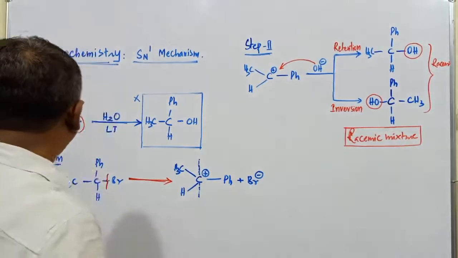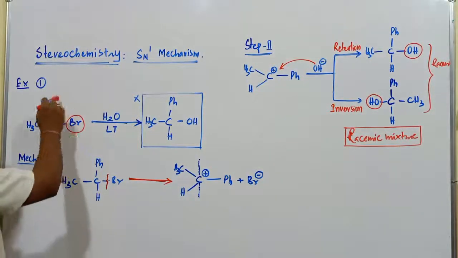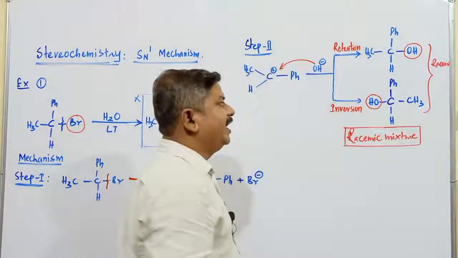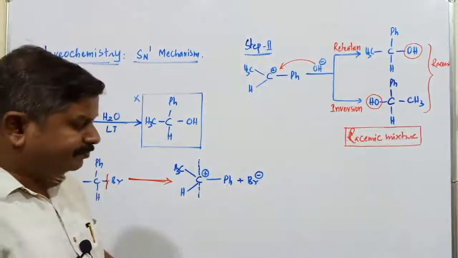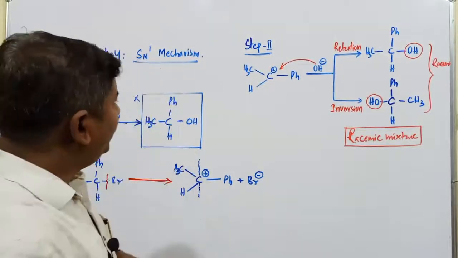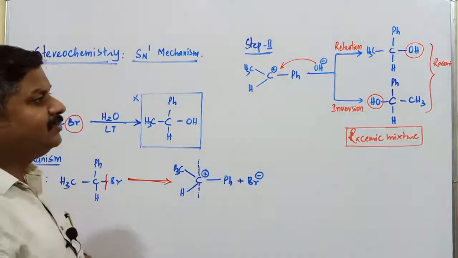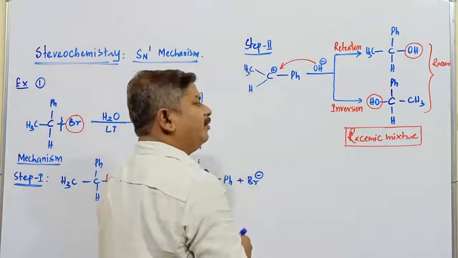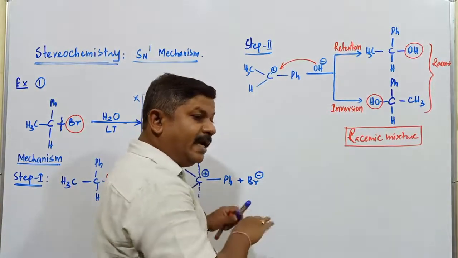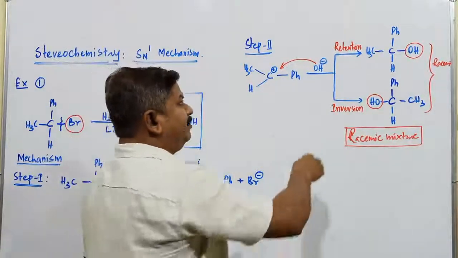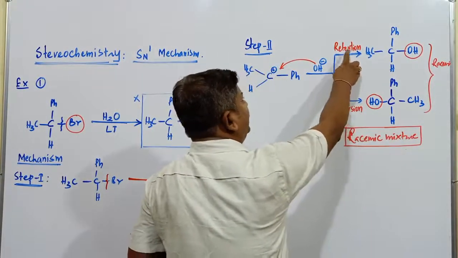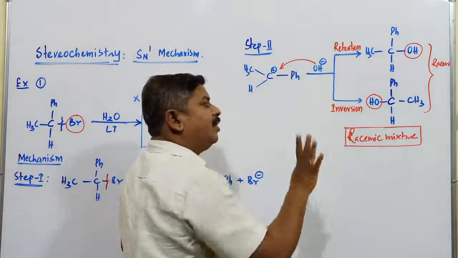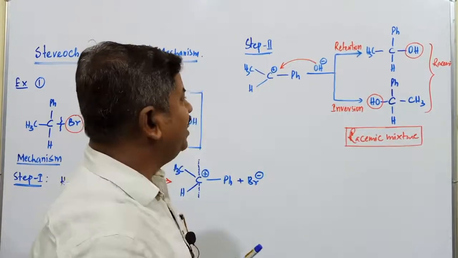So the main product obtained in the case of hydrolysis of this molecule is going to be both retention of configuration as well as inversion of configuration. Another important point to be remembered in the case of retention as well as inversion: whether it is going to be 50% and 50%, it need not be in equal proportion. Sometimes the total percentage of the compound formed by retention and the total compound formed by inversion is not always 50% and 50%.